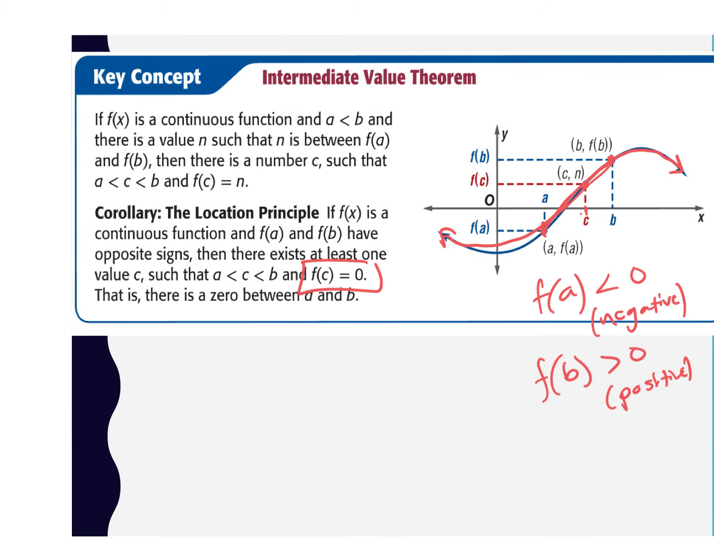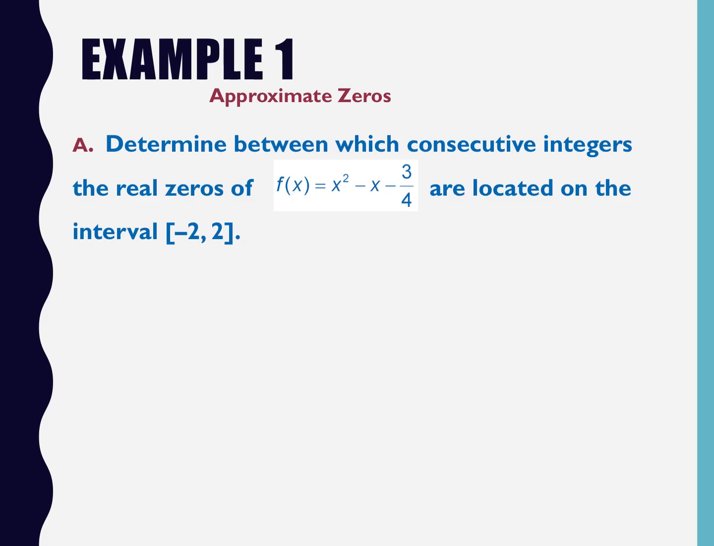There's got to be a 0 between those values then. It's got to cross the x-axis between those if you show one output's negative and one output's positive. So when we're applying this here, it says determine between which consecutive integers real zeros of f of x are